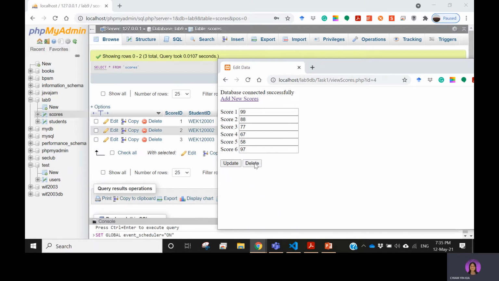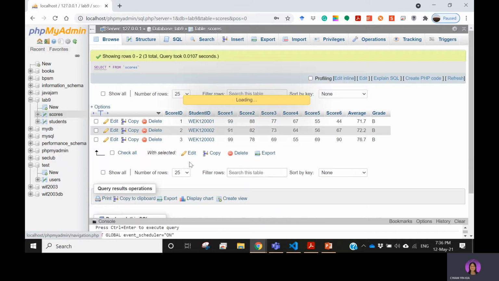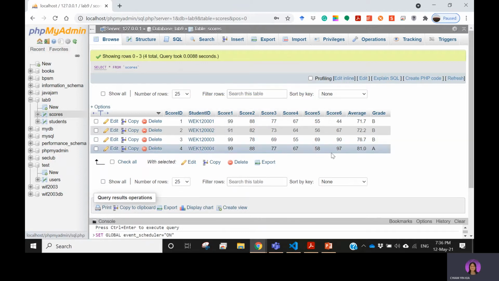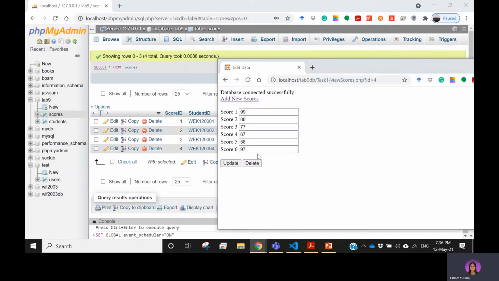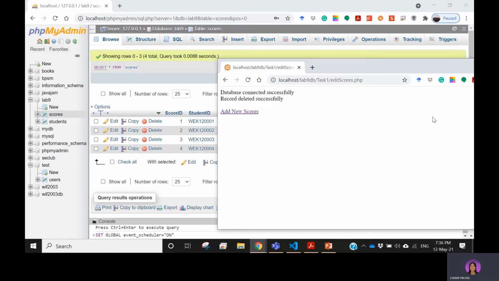If I choose to delete, it will first prompt me a confirmation message. If I cancel, then it will not perform the delete function. If I click delete and click OK, this record will be deleted. Before I delete it, I just refresh it again to show you that this record has been created. And now if I click OK to delete this record, it shows that record deleted successfully, and this is also done